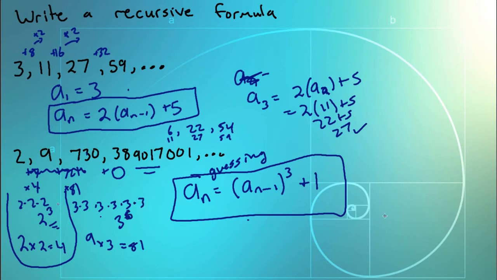But my point being is that once I know that for a recursive formula, I have to use the previous terms. And I just started with plussing. I didn't see anything that was going to take me anywhere. Then I switched to multiplication. I'm seeing, okay, can I multiply and get close? And I could. I was getting close, but it wasn't consistent enough. So then I switched to exponents. So you just try some things and you basically guess and test is what I'm saying there. All right, so